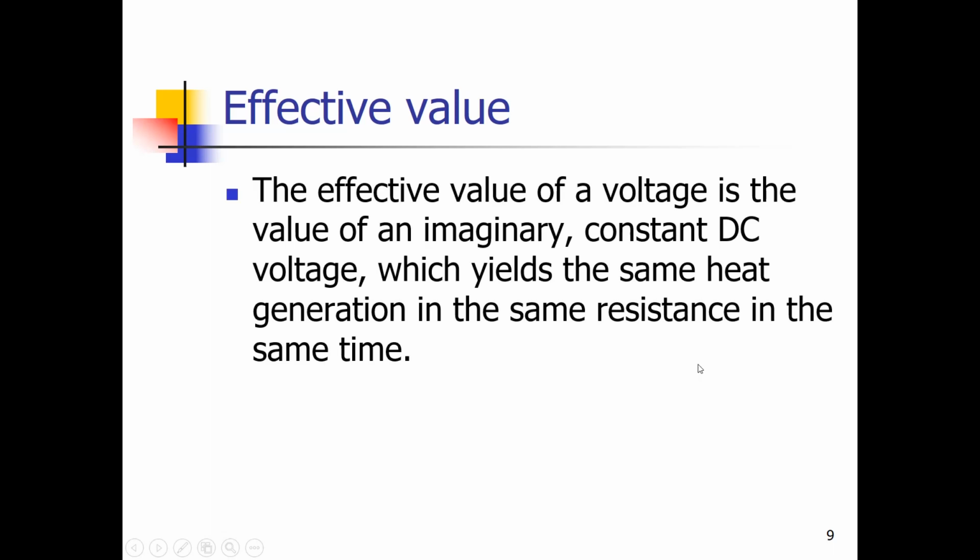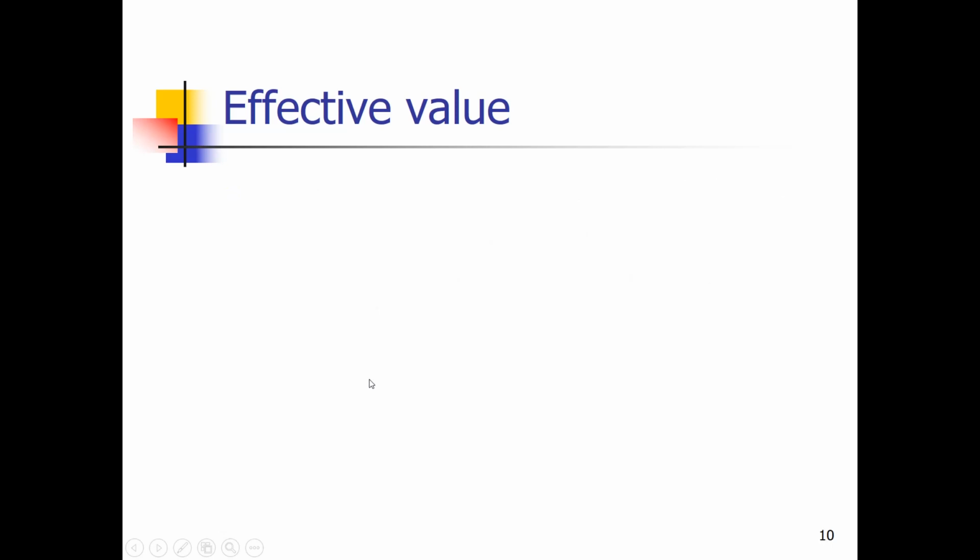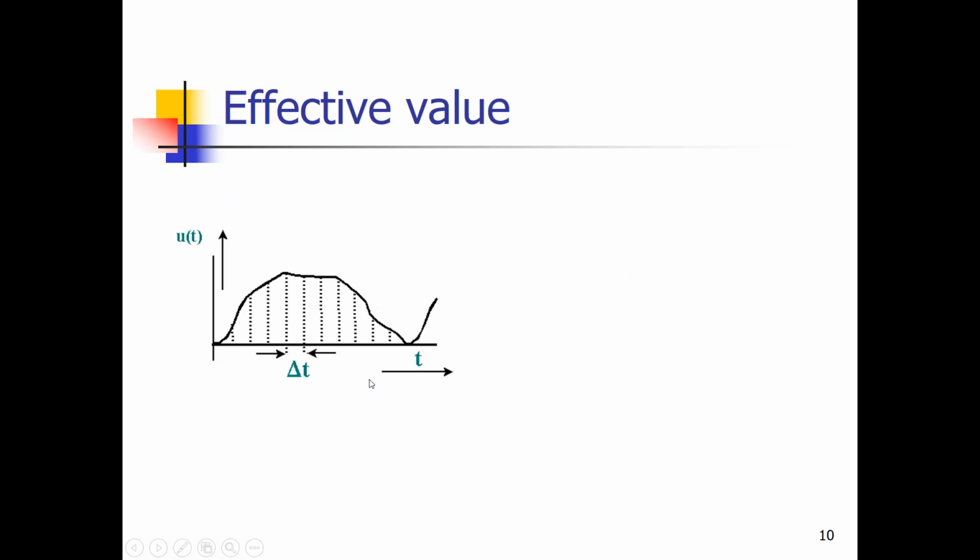The effective value of a voltage is the value of an imaginary constant DC voltage which yields the same heat generation in the same resistance in the same time. Well, that's a lot of stuff, but let's work this out. What we are going to do, first of all, in this picture again, and then mathematically, is calculating that effective value. And the first step we are going to do is we divide this signal again in a number of